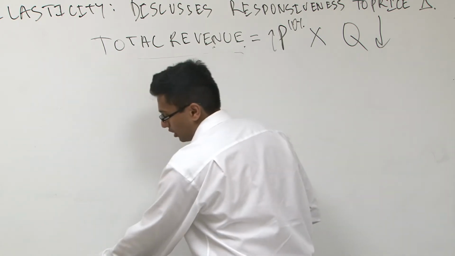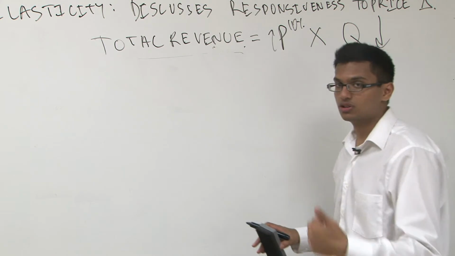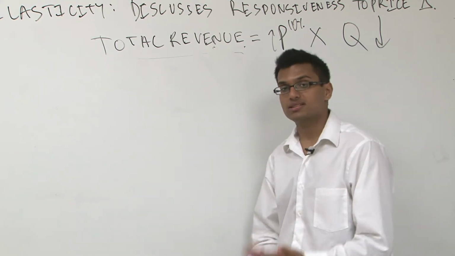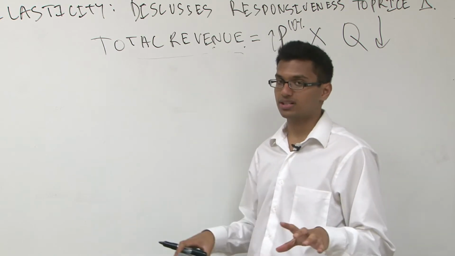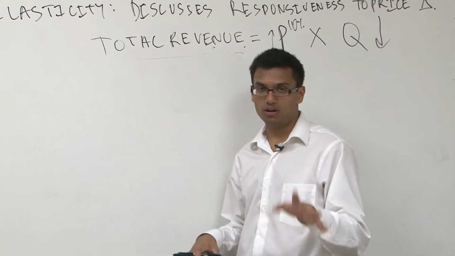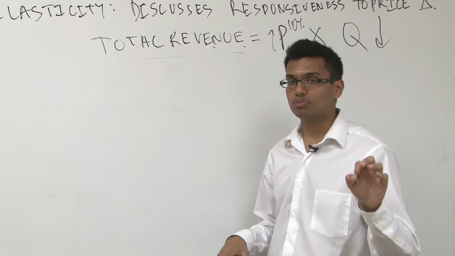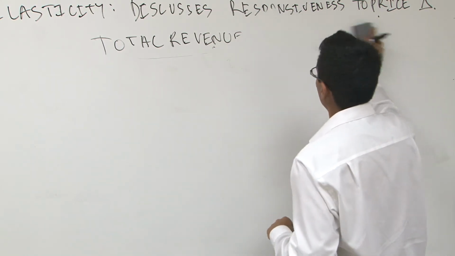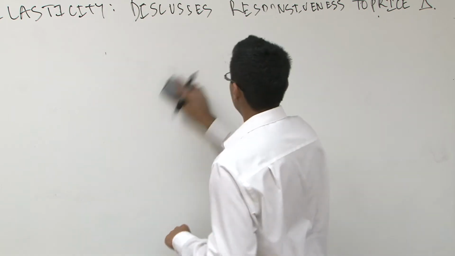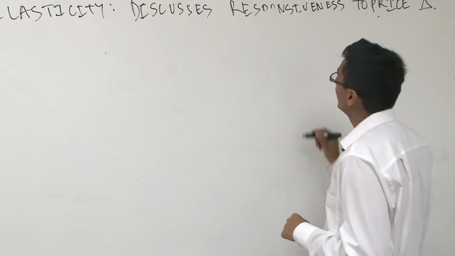So I'm also going to go ahead to total revenue. I hope you understand that total revenue is equal to price times quantity. This is something that's really important, even in business. As economics majors, I want you all to remember that total revenue is equal to price times quantity, okay? I urge all of you to understand that TR is equal to P times Q. It should be in your mind. But,